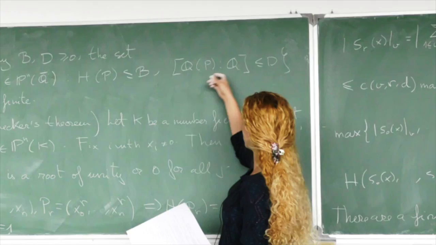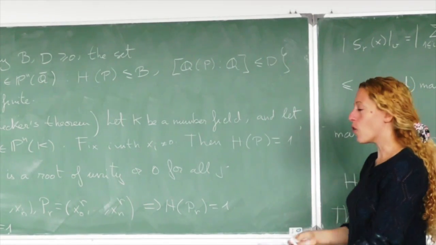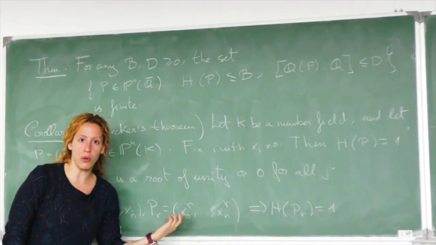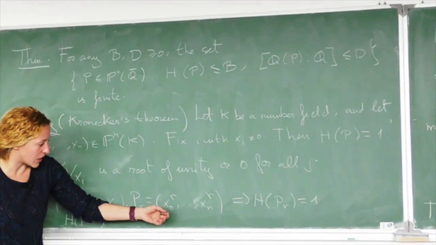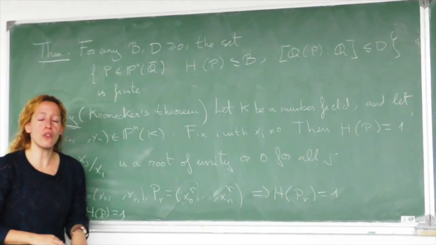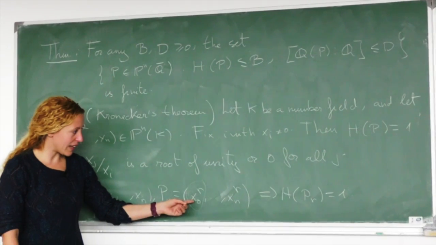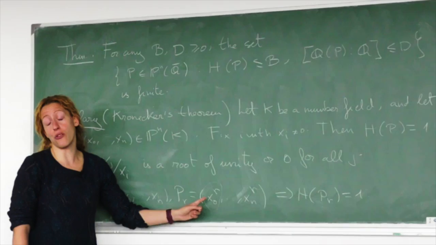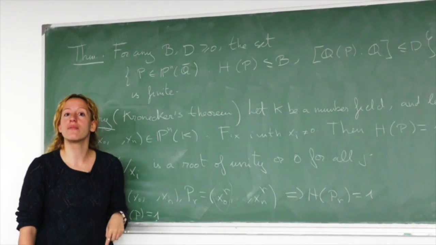So I'm fixing the degree extension. So there is only a finite number of such points. So what is the only possibility for having only a finite number of points when I vary r? If you want, let's look at the first coordinate. If you want this to produce only a finite number of values, the only explanation is that either this is equal to 0, or this is equal to a root of unity, because then at some power it is going to be equal to 1 and then it's going to be periodic.